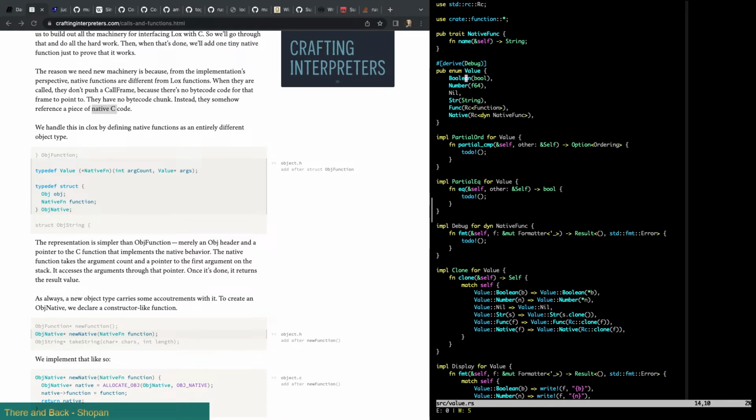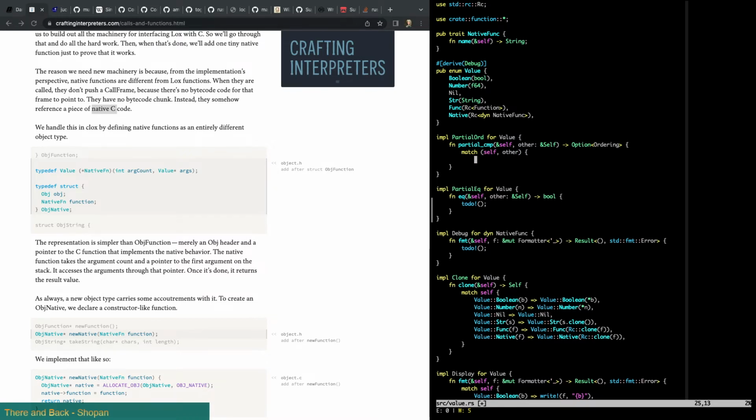Yeah, okay, so if I can write these, and these aren't too hard to write, right? It's just annoying to write. Match, self, other, this is the way I think I did it before. If it's a value Boolean A and value Boolean B, we're doing a partial compare to B, right?